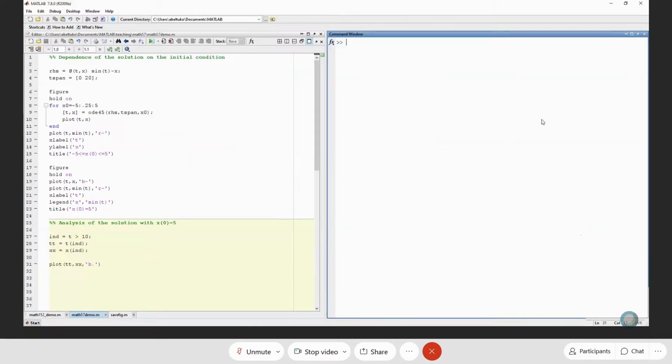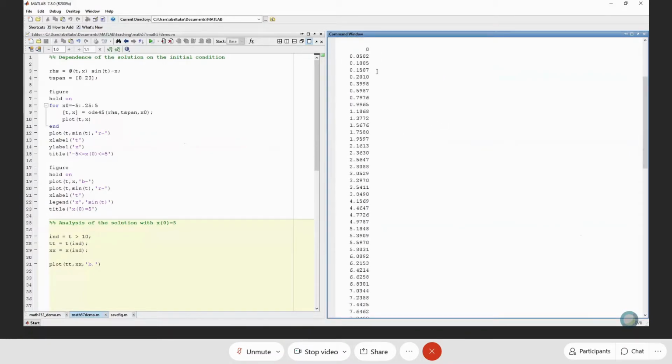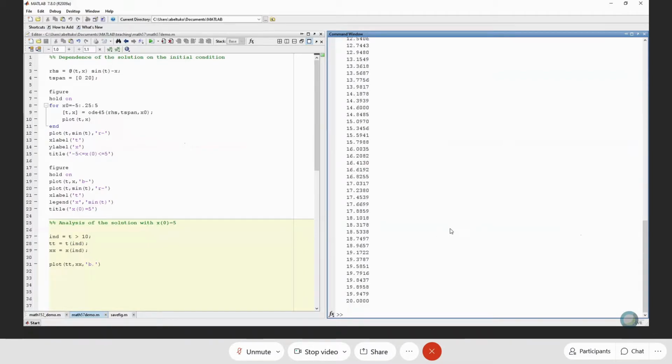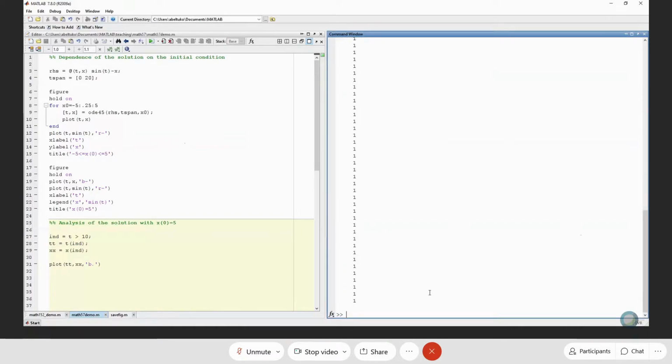So if you go to the command window, you can type who, and it will show you all the variables that exist in this variable space that were created by the code. And what ODE45 computes is T and X, right? And the size of T, for example, is 101 by 1. So ODE45 decided to compute 101 points between 0 and 20 to form the solution. If you type T and hit enter, here's all the values of time that ODE45 decided it needed to use to compute the solution. And if you type index equals T greater than 10, then you have a vector of logical zeros and ones,